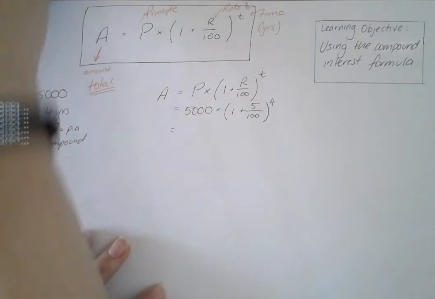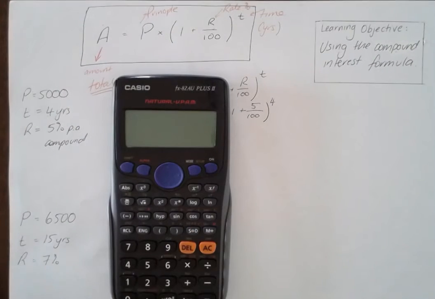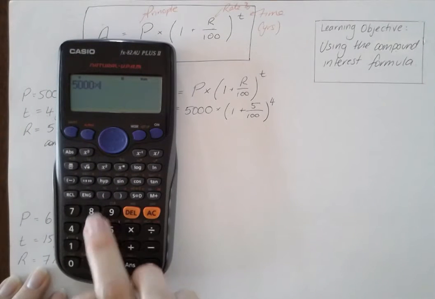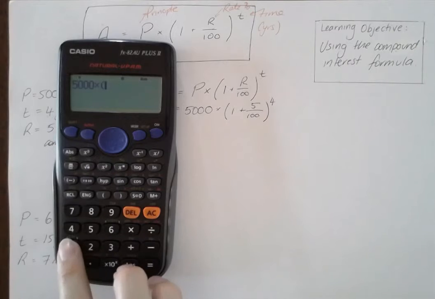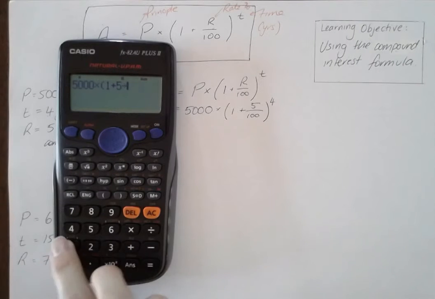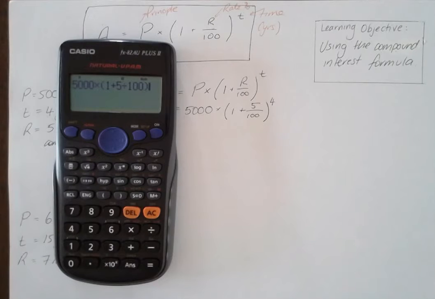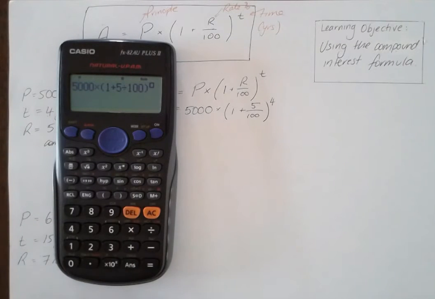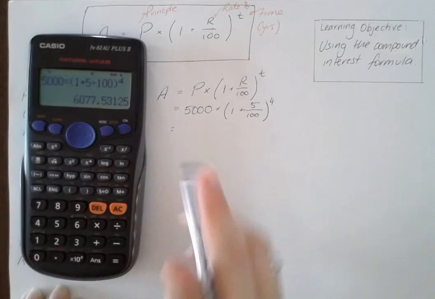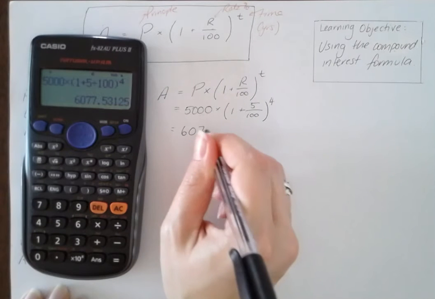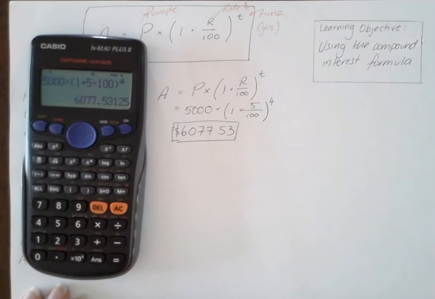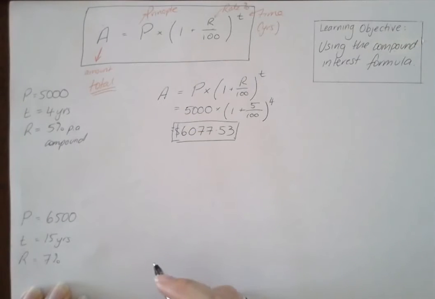Okay, I'm going to put this into the calculator, and you watch me because I have quite a number of brackets that I like to put in to make sure we're being accurate. So 5,000 multiplied by bracket 1 plus 5 divided by 100 bracket. Up here is our to the power button. It's an X with a little square, to the power of 4. Now, our value comes out very quickly, and it just says 6077.53, and this is our total amount in dollars of what our bank account would be worth after the 4